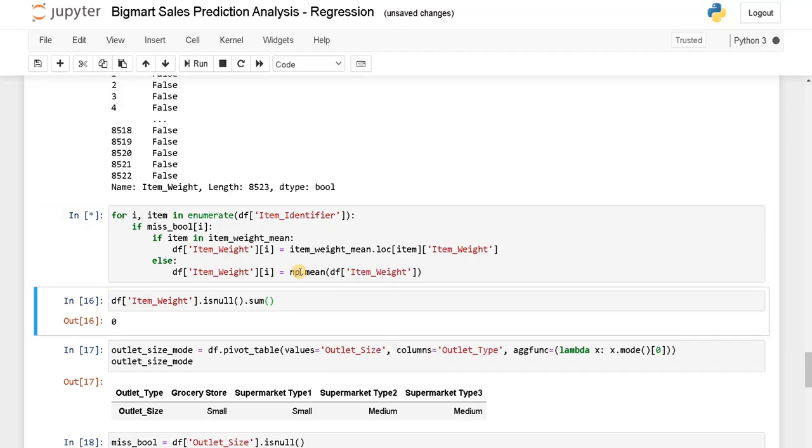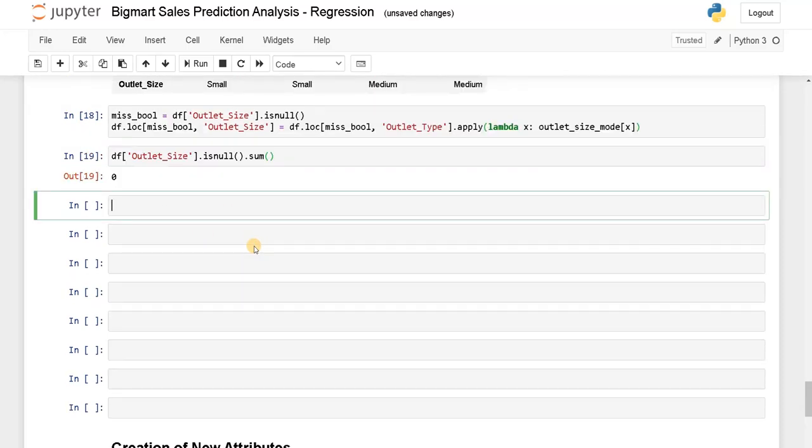Let's run this again. Okay, now all the zeros will be filled with the mean item weight of the values. If you don't want to do this, you can delete the entire row, but we will lose some part of the data because of deletion. So to avoid that, I'm using the mean of all the item weights.